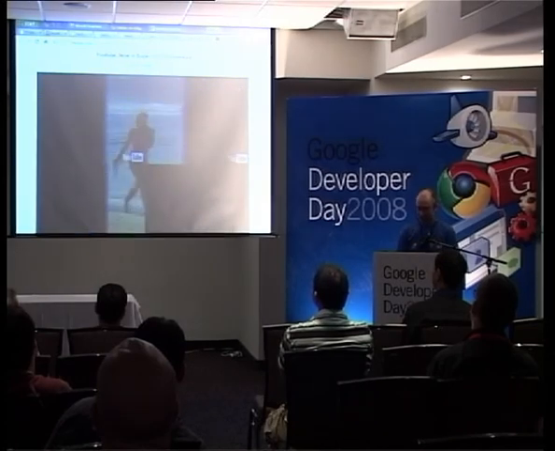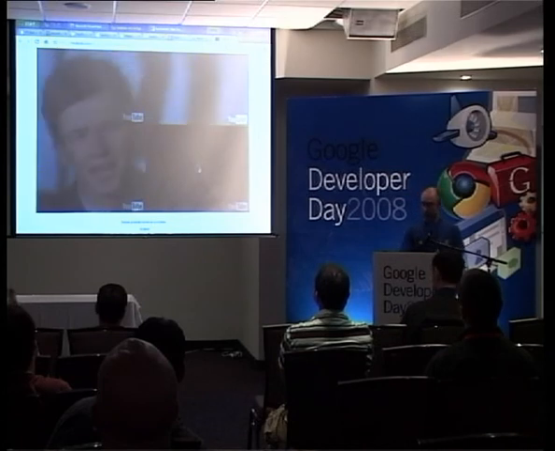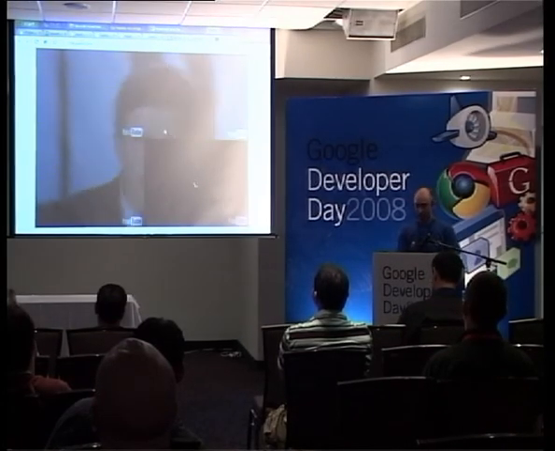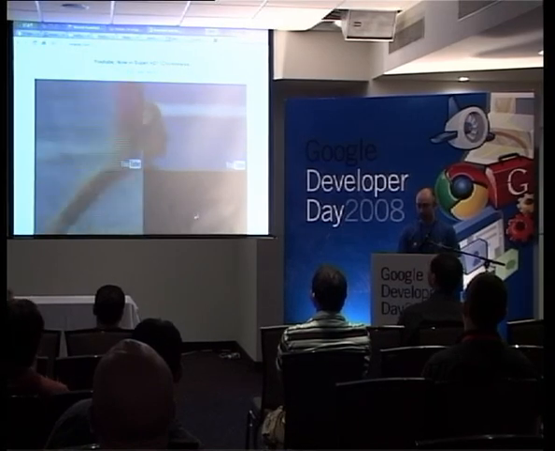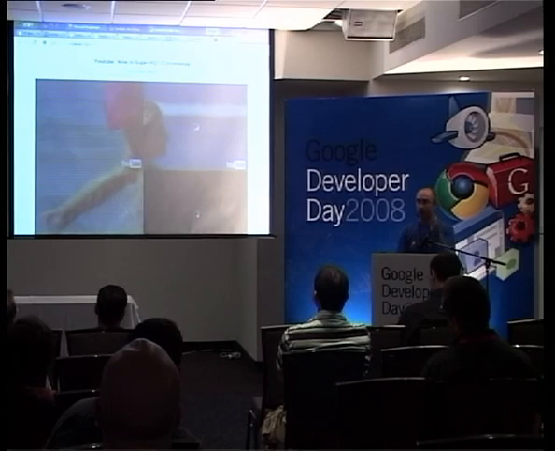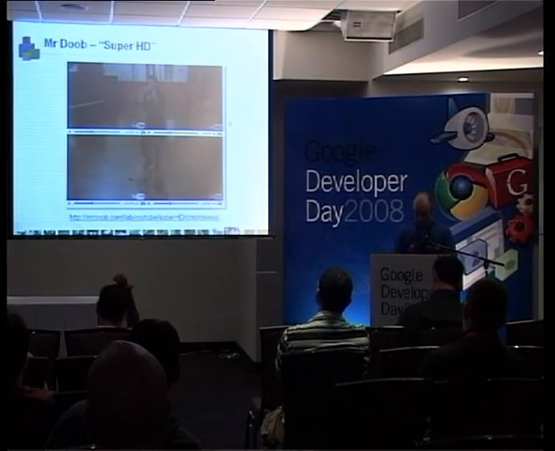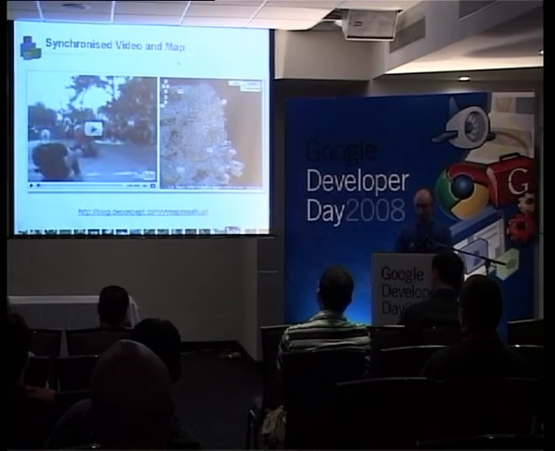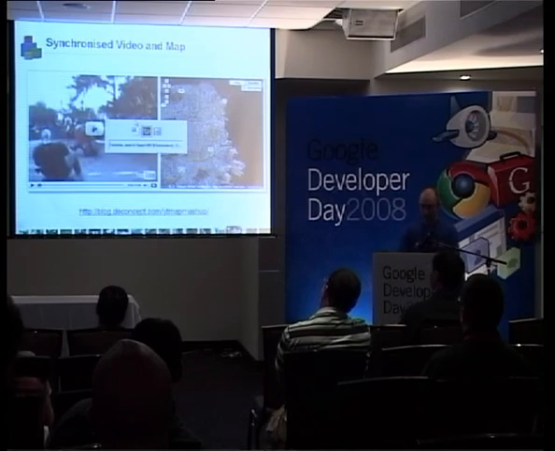Let's restart. The one at the bottom here, since this morning, is a pain in the bum. But you get the idea. You've got the four at the same time, and it's playing. And then you can control it here. So it's using both the chromeless and the regular player controls. Another mashup, really nice, synchronizing the video and the maps, is here.